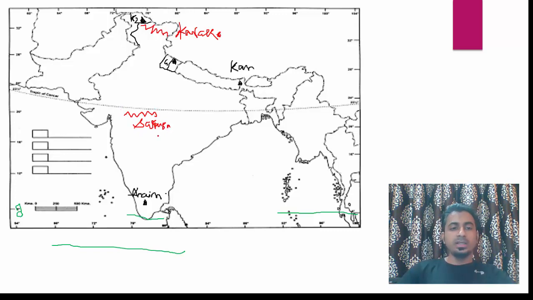Now the next item is Nilgiris. So Nilgiris are a part of the Western Ghats and Anaimudi is a peak in the Nilgiris. So the Nilgiri range will be here only. The Nilgiri range runs from west to east. See, many ranges run from south to north. Many ranges run from east to west or west to east. So if you remember this also, it will help you a lot. So Nilgiris are running like this. So this is Nilgiris. Okay.